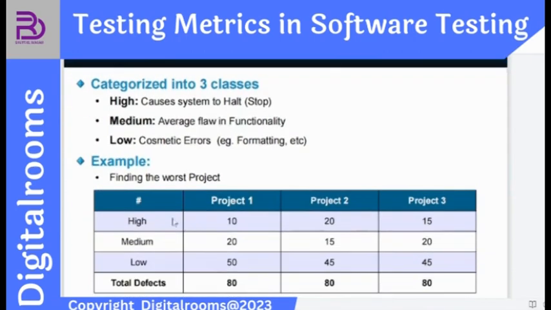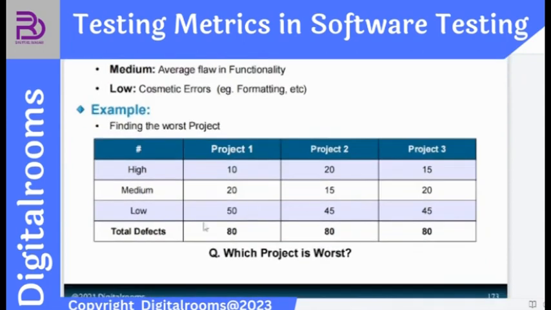Okay. High, project 1, project 2, project 3. So it says total defects. How many defects are there? Total 80 defects. How? Because, for example, project 1 contains a number of high 10, project 2 contains 20, project 3 contains 15. To understand it in a better way, project 1 number of high